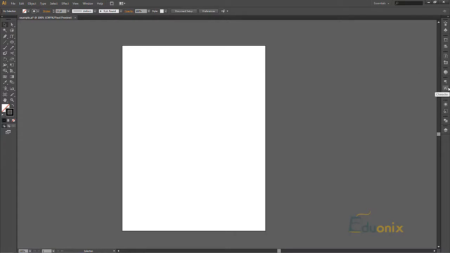Over here is the character panel. If I click on that, it pops out. Now, if I click on the document, it'll stay out, but if I go on to another panel, so